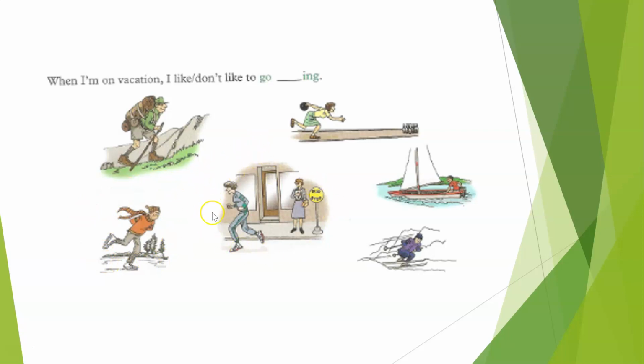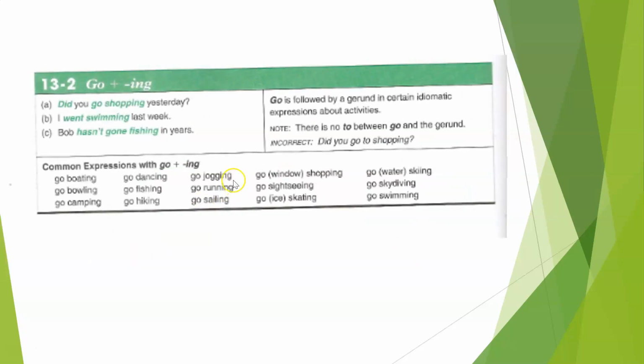This gentleman, this lady is running. Yes, or jogging. Sailing. Somebody is sailing on water. And skiing. Another popular activity in Utah. Skiing. Hiking, bowling, ice skating, running, sailing, and skiing. Okay, so